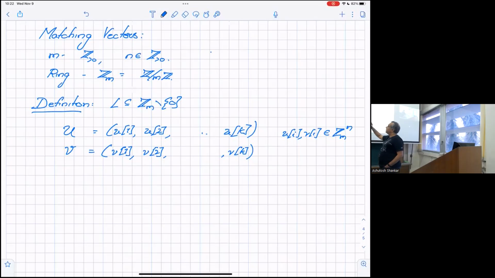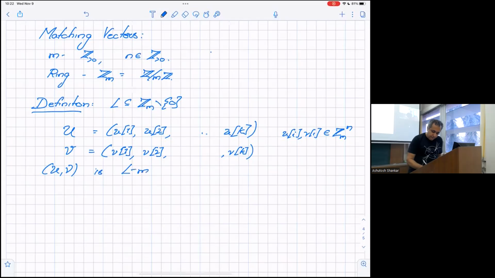You can think of this as a matrix if you want to. The matrix structure won't help us. It's just that there are k vectors u and k vectors v, but the vectors are mapped. That's the first vector here, this is the first vector here, this is the second vector here. So there's a match. The reason it's called matching vectors is that I'll say that u, v is an L matching vector